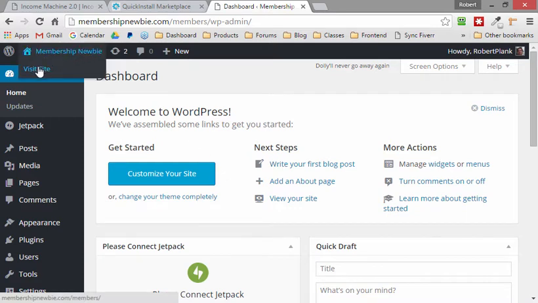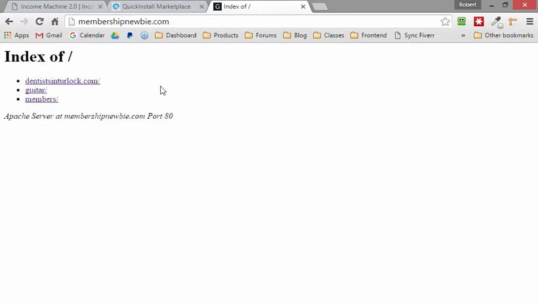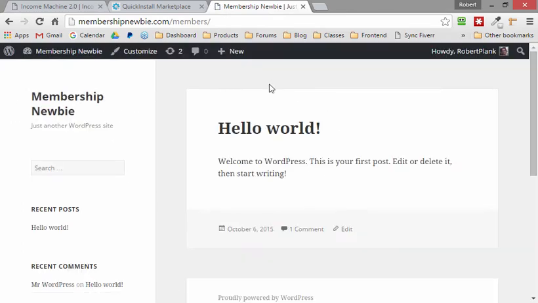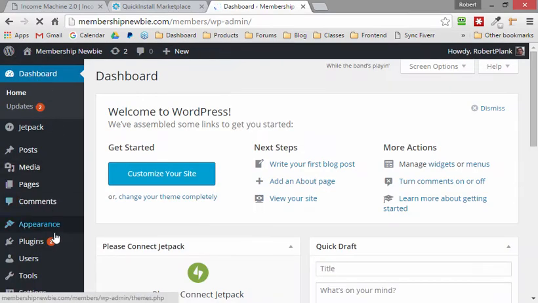So I'll go to the top and visit the site, and here's what we have. At the front door of our site, we still have nothing, and this is where we can put in a sales letter later. But just for the membership part of it, we've got membership newbie/members, and then this is where we have a blog. So just to keep things simple, let me go up here to the dashboard again,